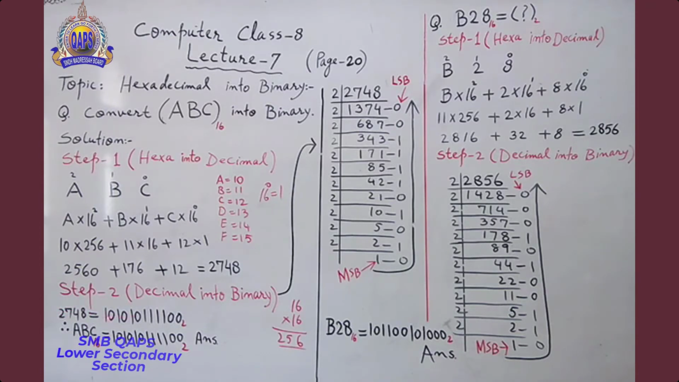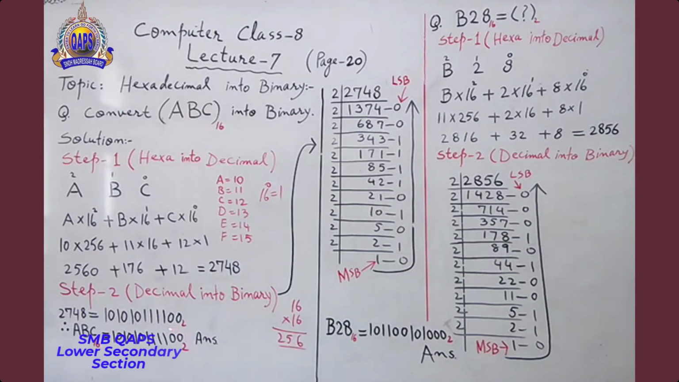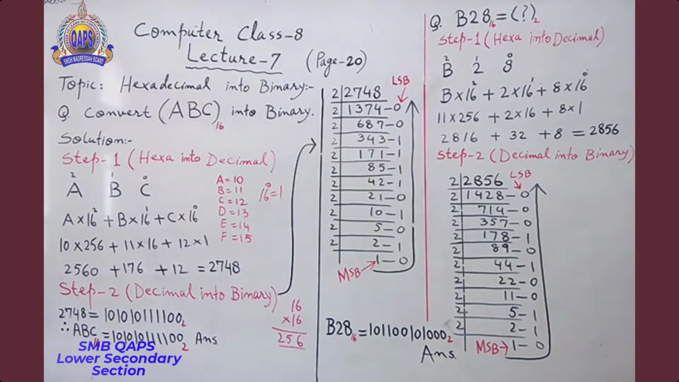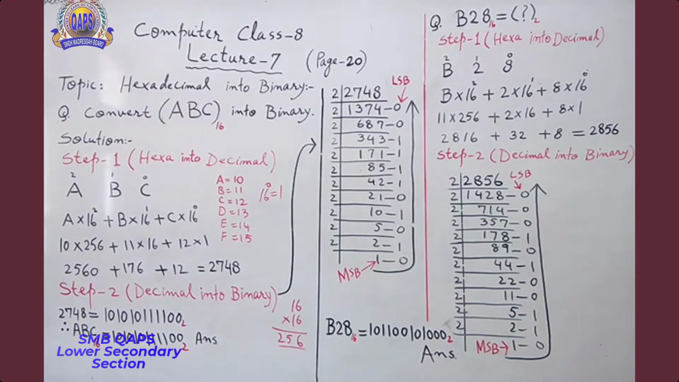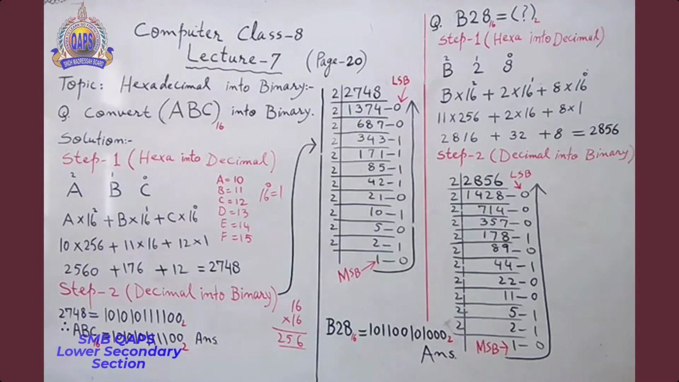So 2748 is equal to 101010111100. It means ABC hexa is equal to this thing. This is your answer. That's your answer. I believe you understand this thing. In the same way, in the light of this question,